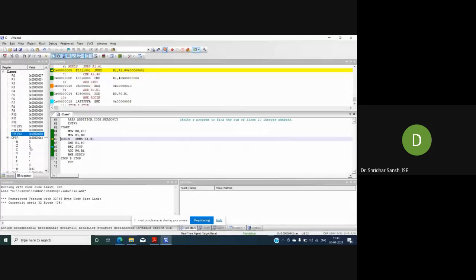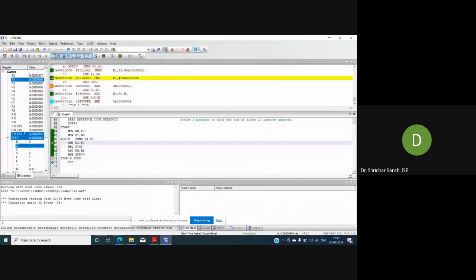It is 0, right? So when will this flag be set to 1, if I execute this instruction? If the R1 value becomes 0, then this flag will be set. Agree or not? Yes, sir. So what is the content of R1 now? R1 is 1. So if I subtract 1 from 1, the value will be 0. So at that time this Z should be 1. You can see here, I will execute the instruction. Yeah, see now. The value of Z becomes 1.